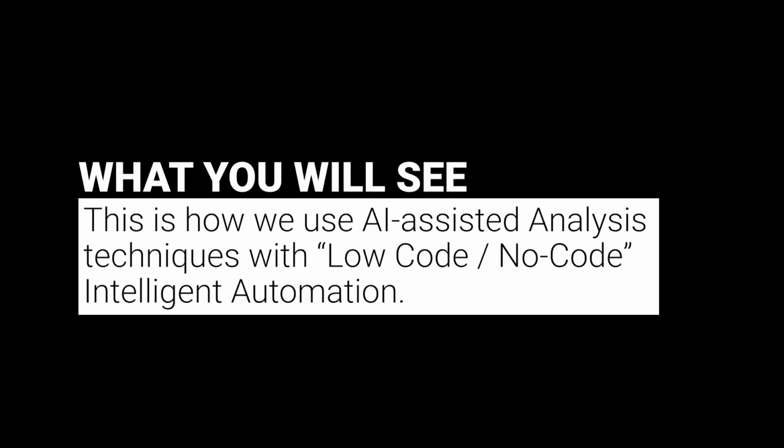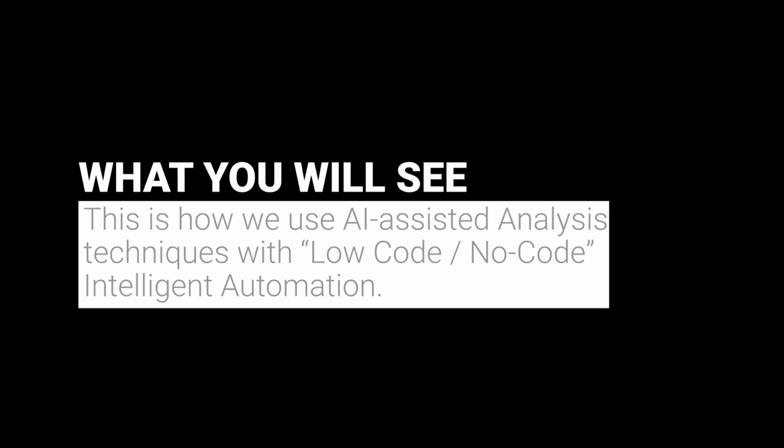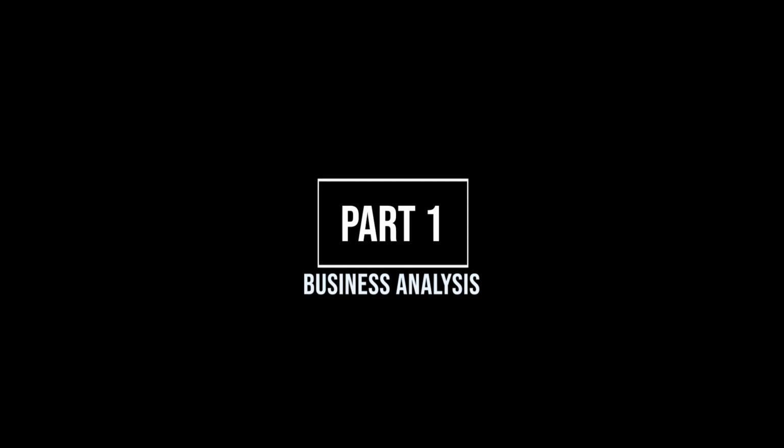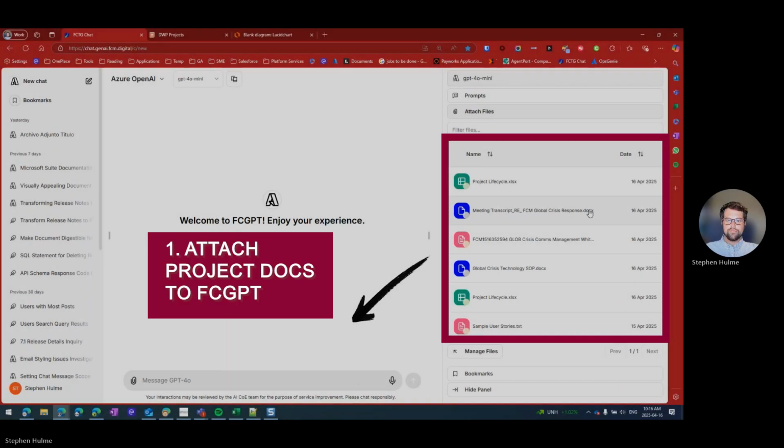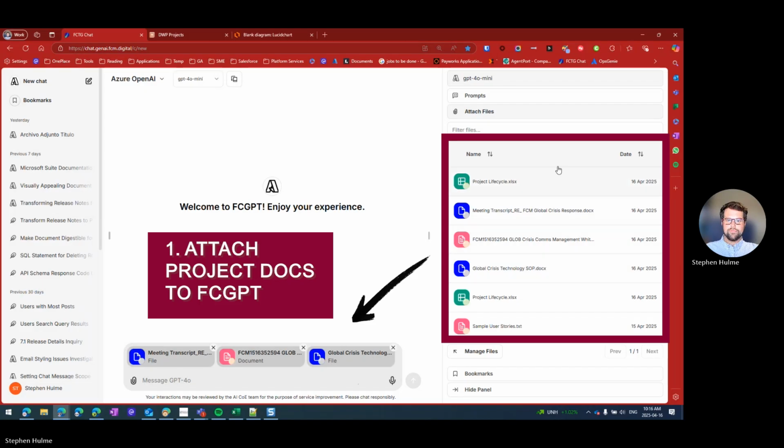Hi everyone, we're going to demo the use of FCGBT in two ways. Firstly, building business analysis documentation. And secondly, how you wire up your app to the LLM via an API provided by the AI strategy and implementation team. And to start the project analysis, I opened FCGBT and attached process documents that describe what FCM are